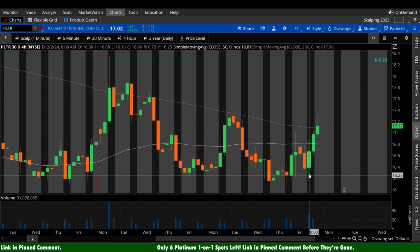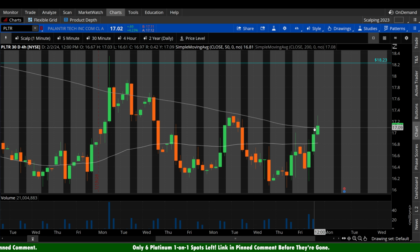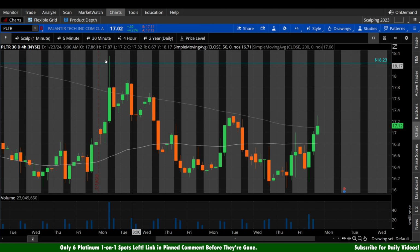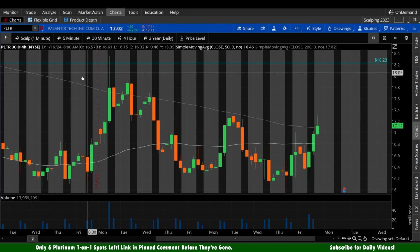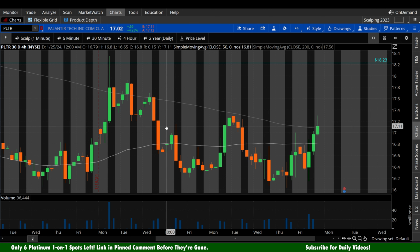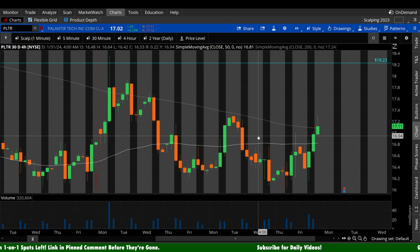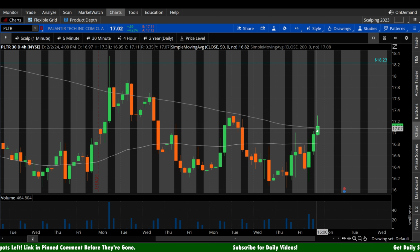But here on the 4-hour chart, you can see we are currently testing that 200 period. That has previously acted as somewhat of a resistance on a couple of days. Sloppy back here, but fading off that nonetheless. I'm going to be watching that come Monday. Ideally, throughout Monday's trading day, we would pop up above that 200 period and claim it as a support level,